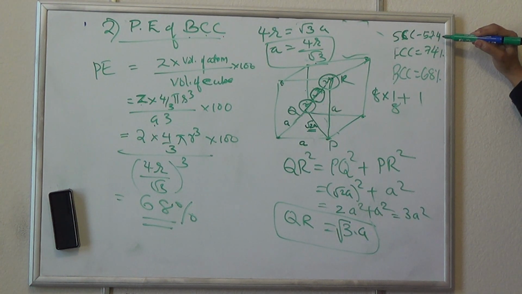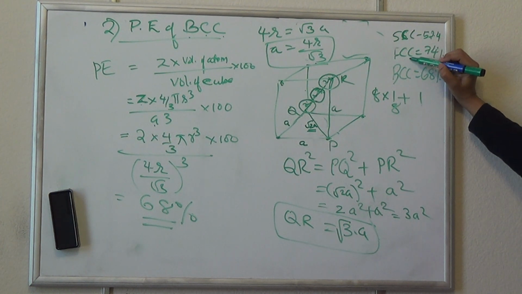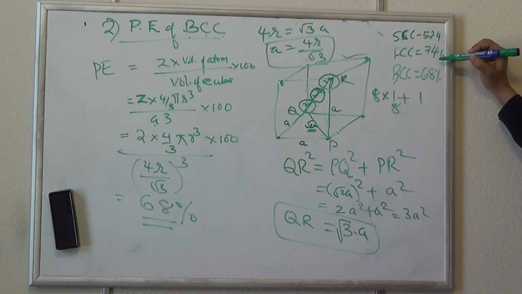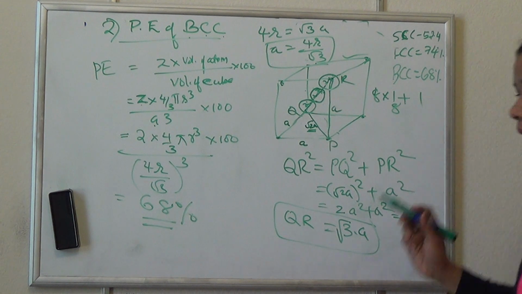So we have learned the 3 types of arrangement: simple cubic arrangement, face-centered arrangement, and BCC arrangement. We have discussed the close packing in FCC also. Here the most effectively packed arrangement is FCC because it has high efficiency, that is 74% is occupied by atoms and 26% by voids. Second comes BCC, and the least close packed arrangement is simple cube. Its efficiency is only 54% because the remaining are voids. That is all about the packing efficiency of the crystals.